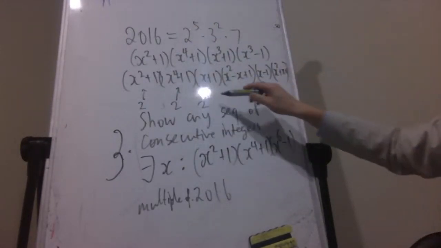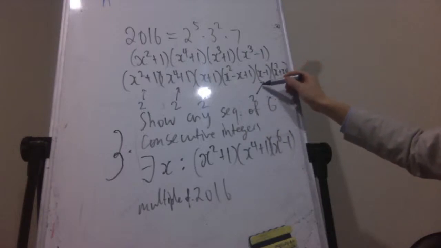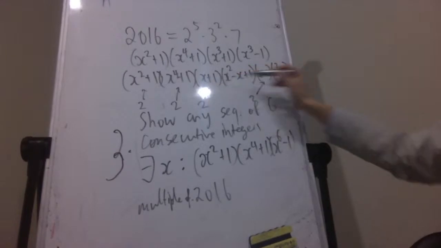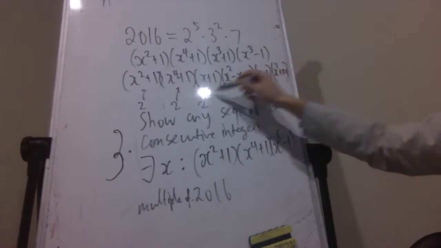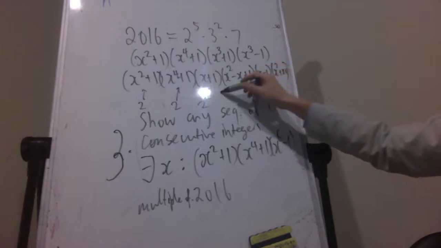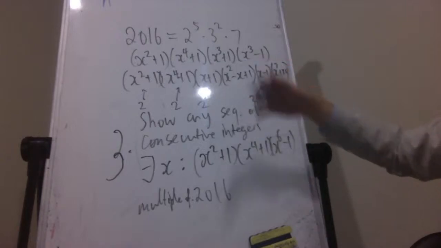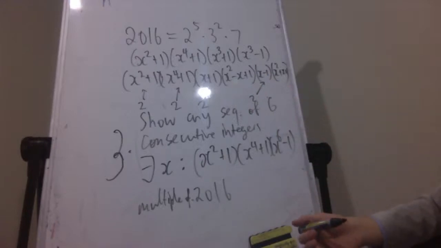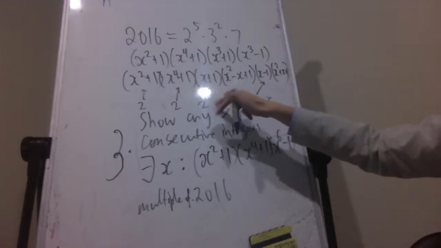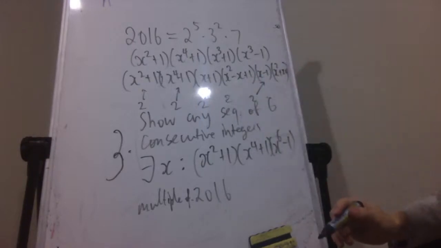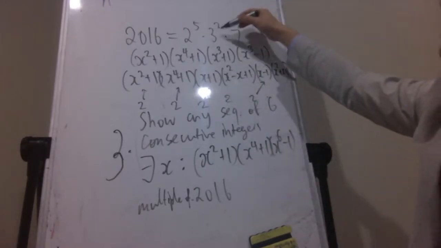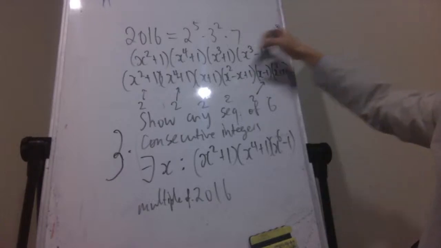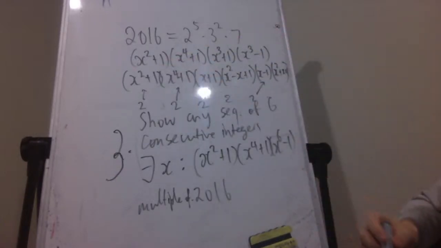But actually, as Haibing pointed out, if this is not a multiple of 4, then this plus one is, because these differ by 2. So one of them has to be a multiple of 4. If something's not a multiple of 4, you add 2, it'll be a multiple of 4. So one of these is a multiple of 4, and that's your 5th 2. Then all you have to do is show that 3 squared and 7 divide all this. And if you're picking odd numbers,